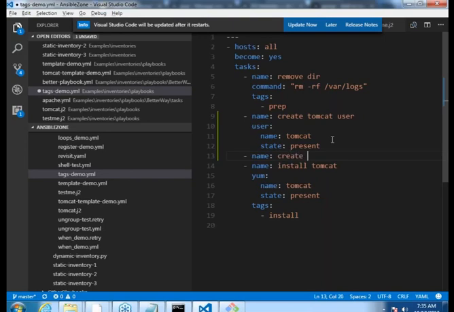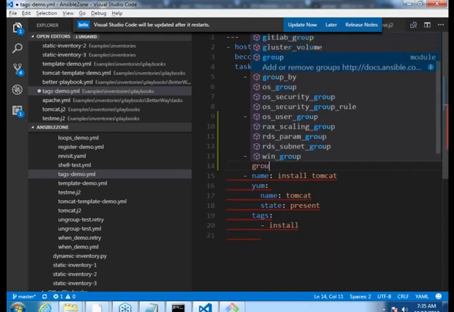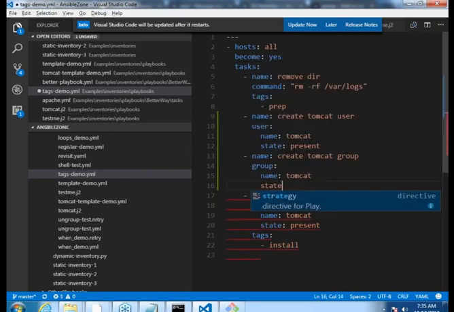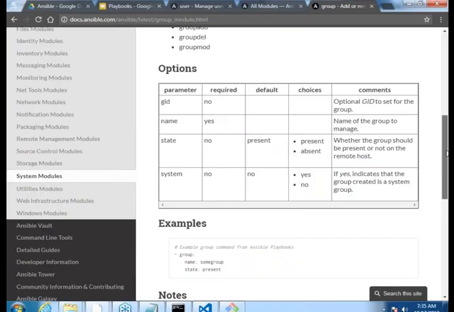Okay, create Tomcat group and group. What is the name of the group? I'd give it as Tomcat itself. Okay, state present. This is not required, but still I'm writing it because the person who reads it understands that I'm trying to create a group. Okay, and then apart from this,